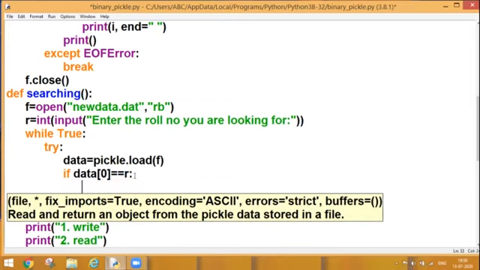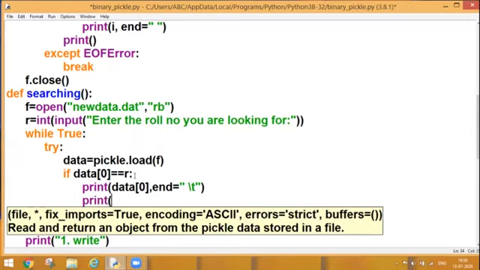So if the data is matching, what will happen? It will be printed onto the output screen. So data of 0 will be printed, and I want to print it on the same line, so I'll be giving one tab space. Let's see. And I want to print along with that my index 1 value also, because my record is completed with 0 and 1. End is equal to, here I am going to change my line, because after one record I want my second record to be displayed on the next line.